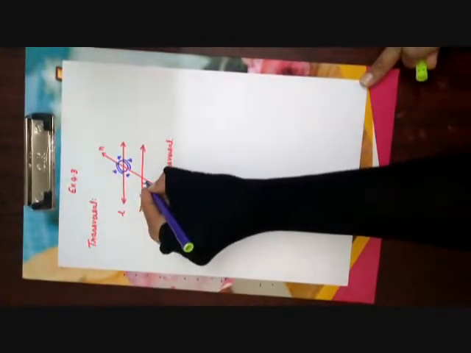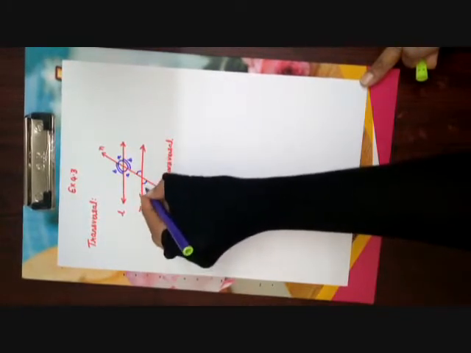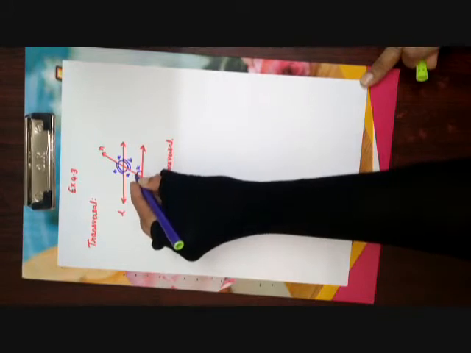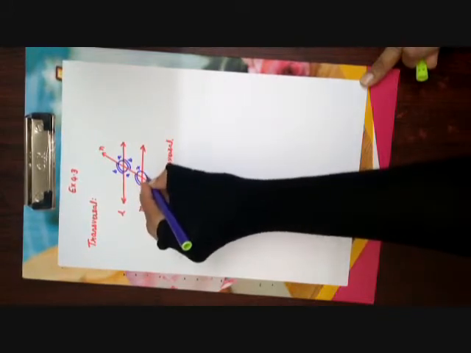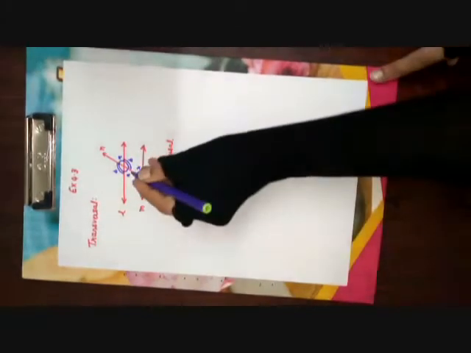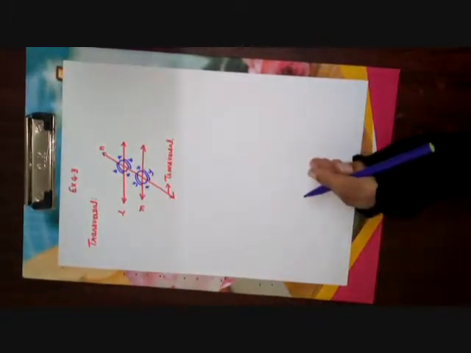Similarly, we have them on the other line also. Let us call this X, and this is Y. Okay, is that clear, children? So, when a transversal cuts a pair of parallel lines, we have two pairs of vertical angles, and we know that they are congruent to each other.